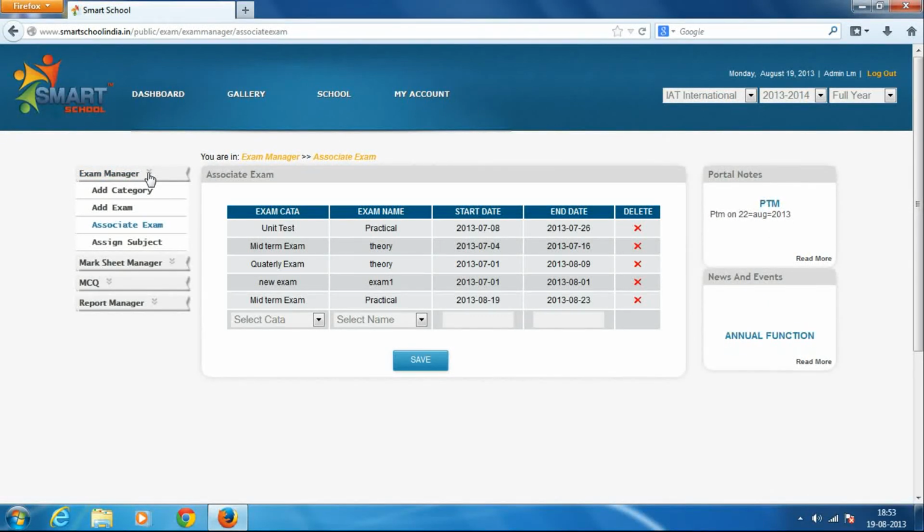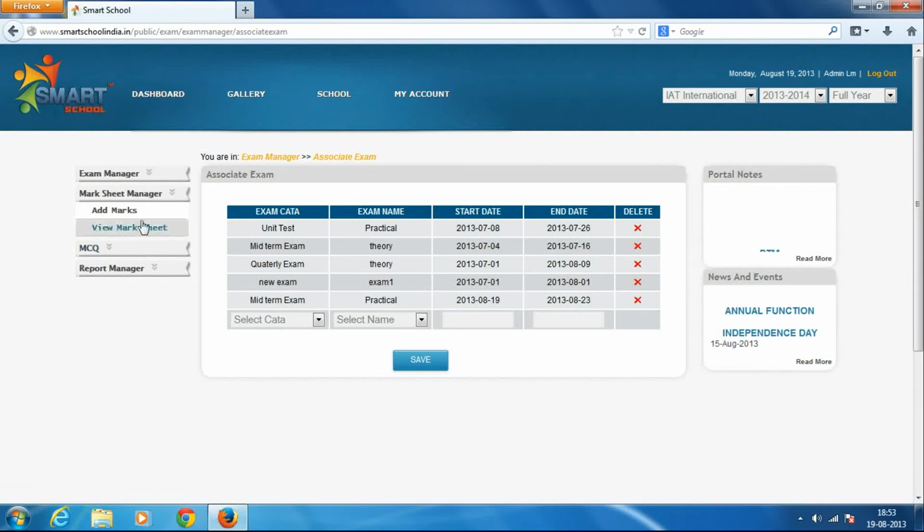Examination manager helps to create a structure of examinations like category examination, associate exam with the particular category, and then assign subject to it.